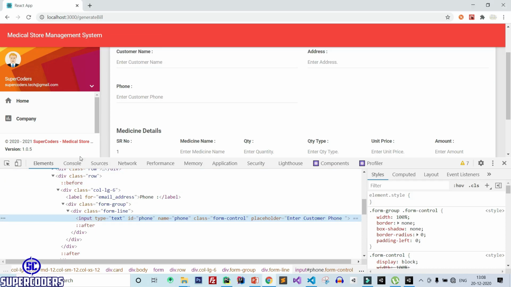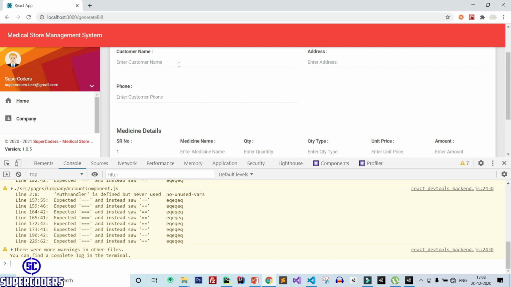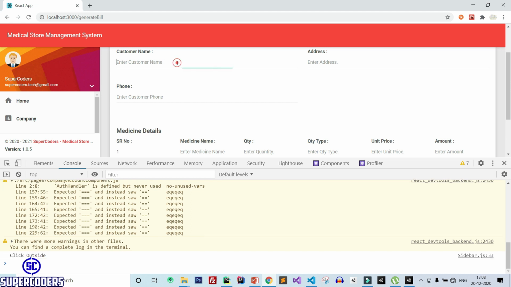So simply open the console, refresh the page and fill in all the details. Paste name, paste address, paste phone.